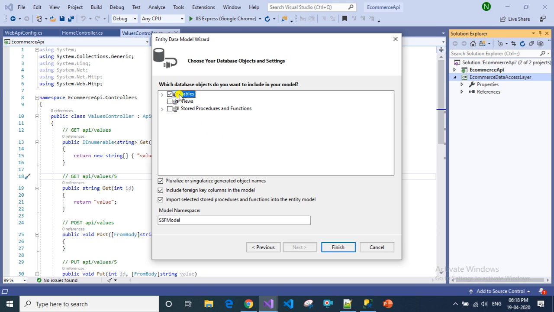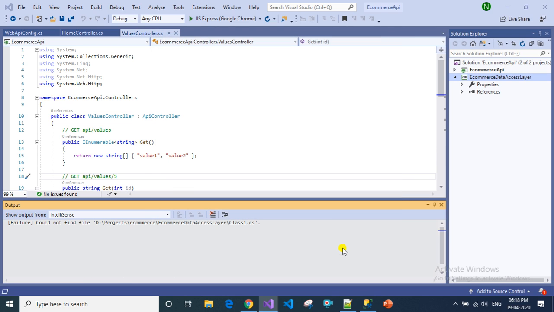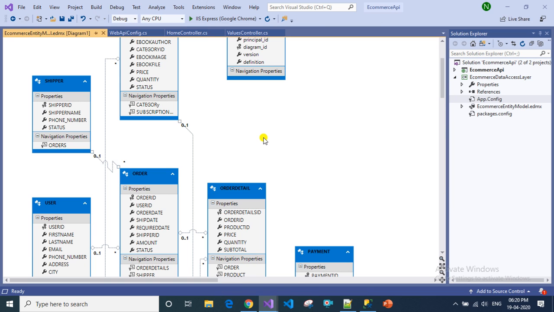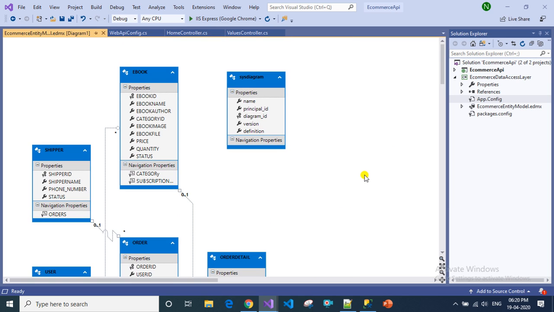As of now, I have only tables in my database, so I am selecting tables. Once this is done, it will create an entity data model here. You can see here the entity model got created.